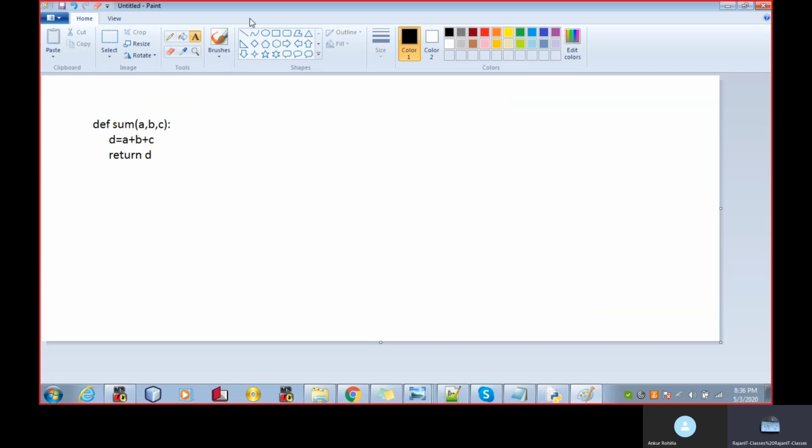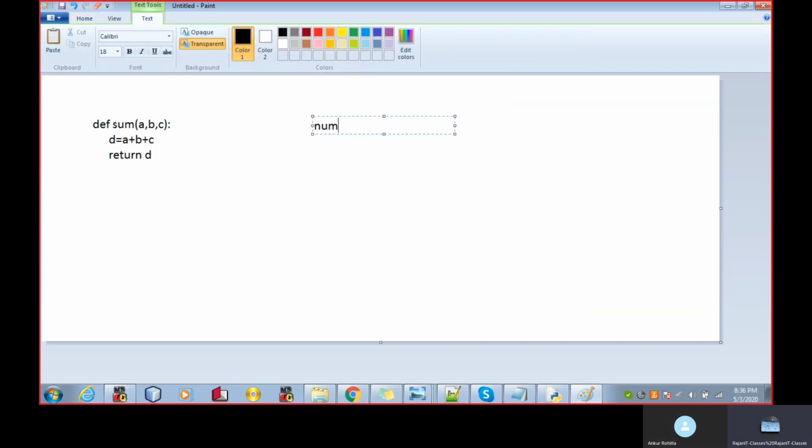Any doubt so far? No, sir. Here we have called the function: num1 is equal to 10, num2 is equal to 20, num3 is equal to 30, and we use result is equal to sum num1 comma num2 comma num3.